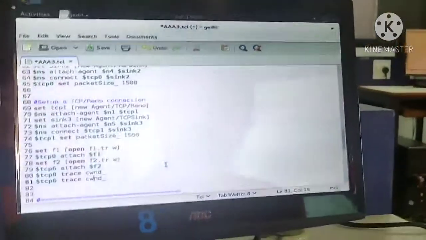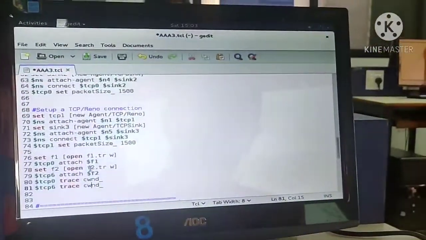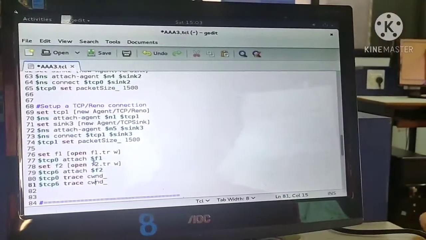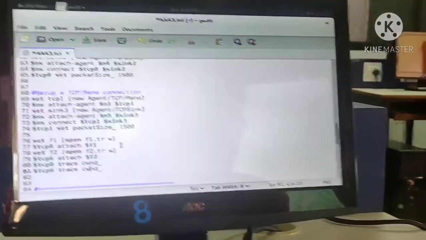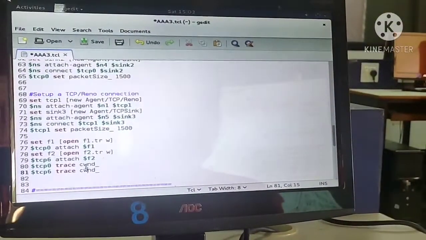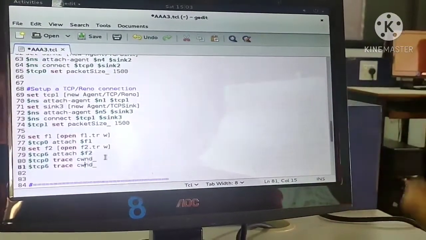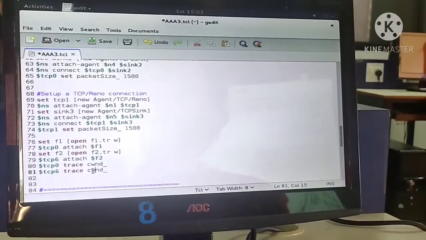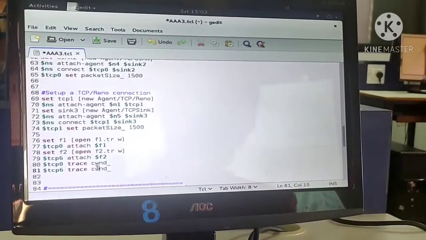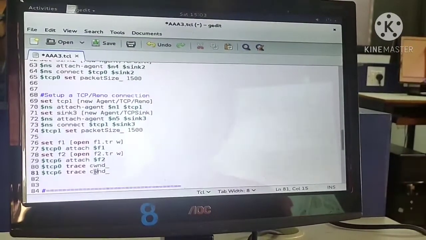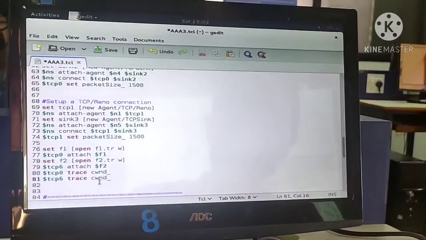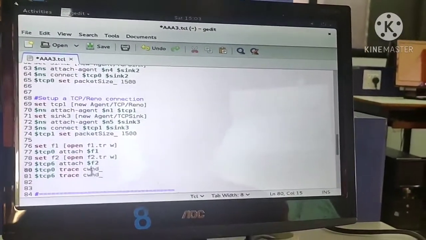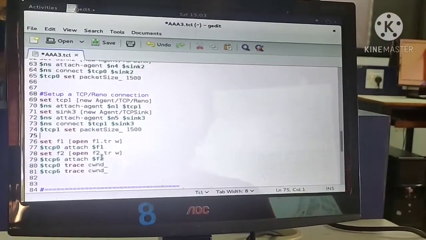If the traffic increases and the sending rate also increases, it leads to very high traffic. So whenever the congestion increases, the congestion window size should decrease. Whenever the traffic increases, you should not simply bombard the network with too many packets. You should start reducing the sending rate. That is the reason we use the congestion window size. So the congestion window is the one which we are tracing inside files F1 and F2.